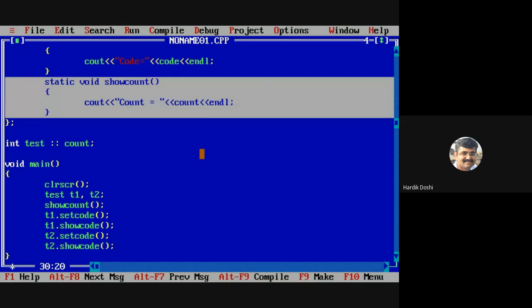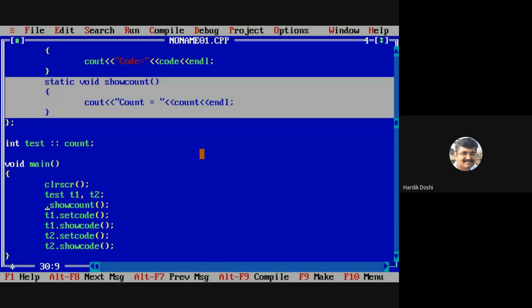Can I write T1 dot show count? Why not? Because it is static. It is not for a specific object. So what should I write? The class name.